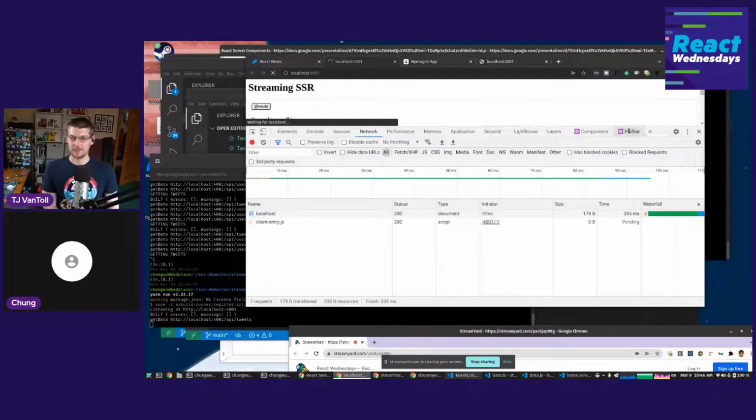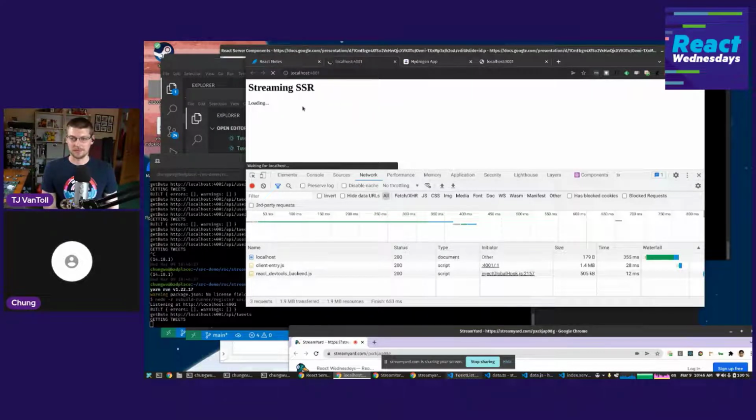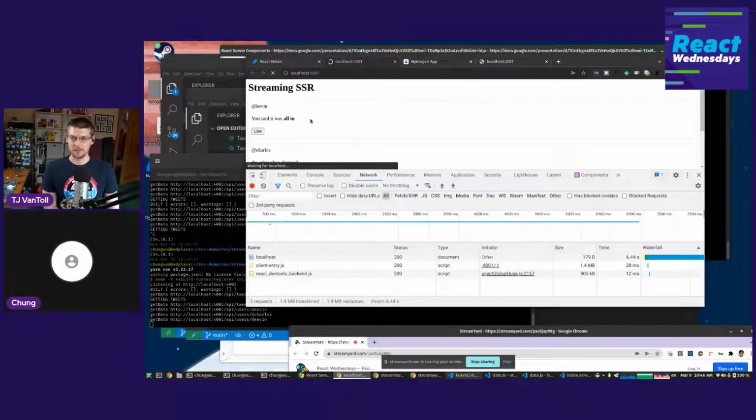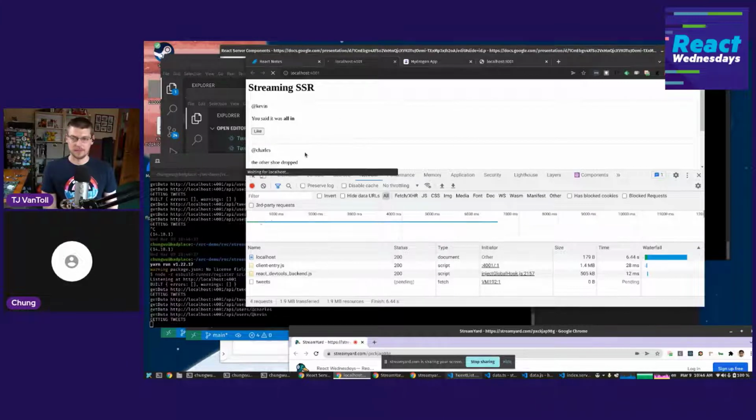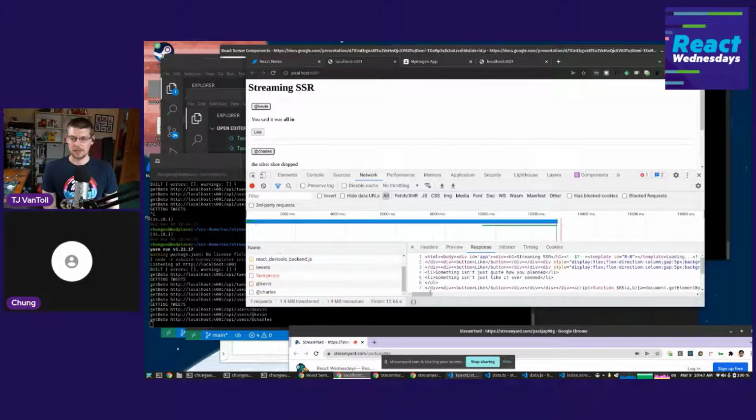Oh yeah, there we go. So this is actually chunks of HTML coming in. So that's the next chunk. And then there's going to be the users coming in. And what you see in the HTML